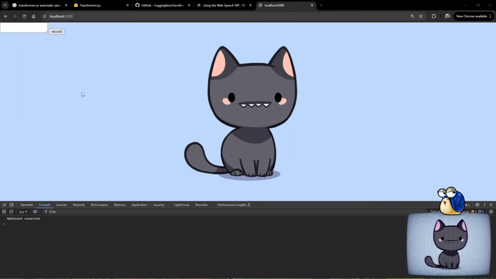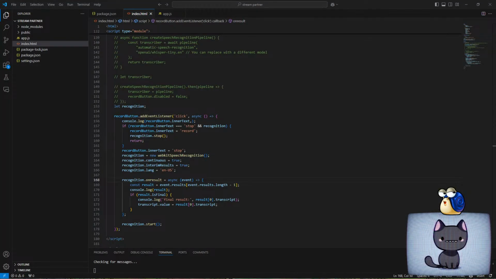All right, so result wasn't defined, and just to show you what I did, I accidentally deleted this constant, which is based on the event results. So yeah, that is the word, and then result is final should be,